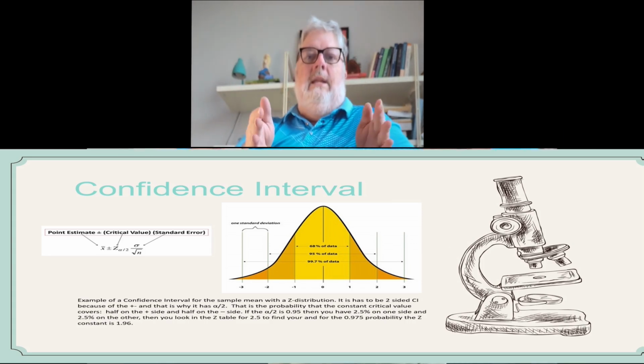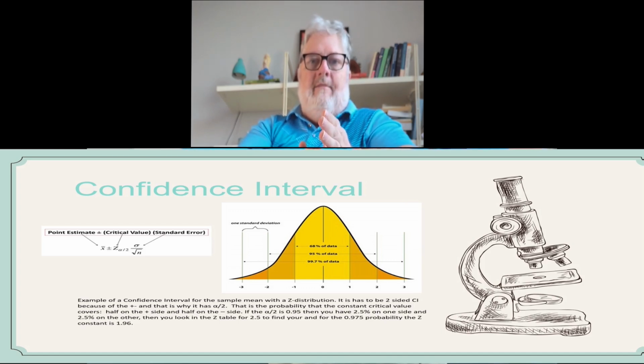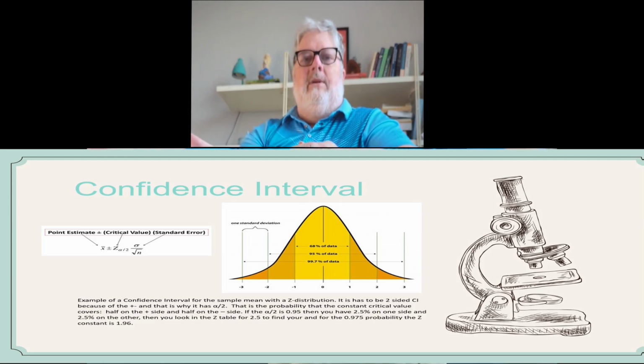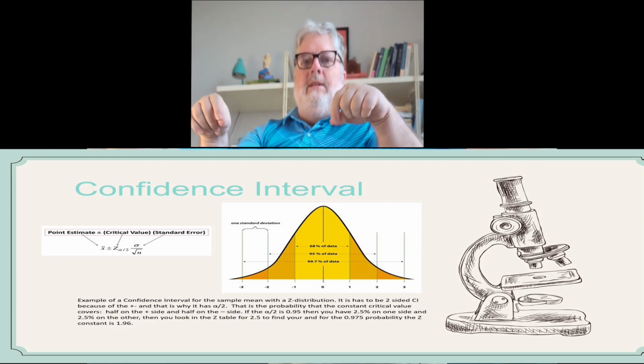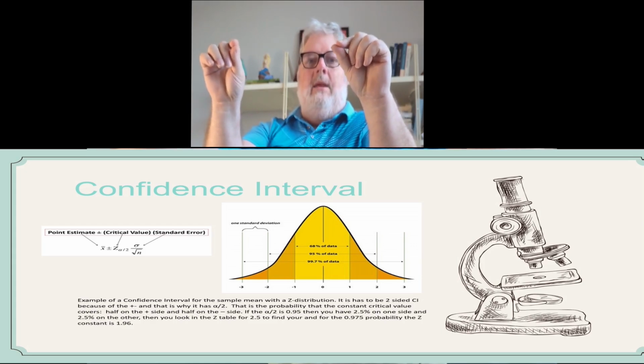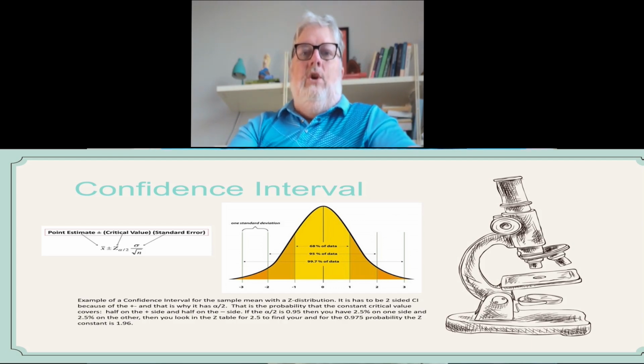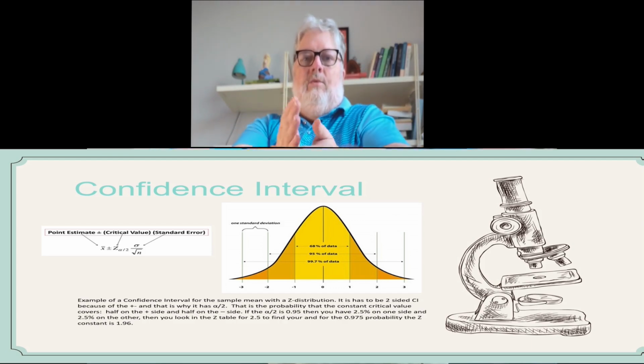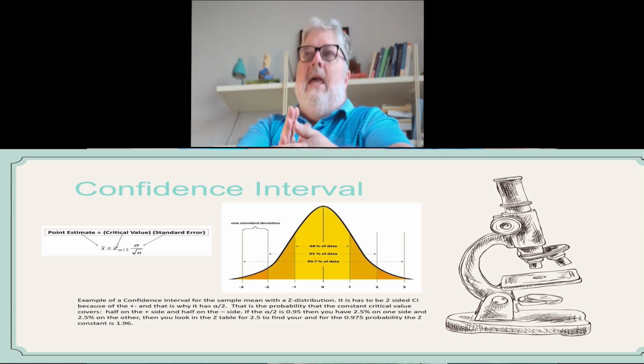If you do a 2-sided confidence interval, then you're going to have 2.5% on one side and 2.5% probability on the other. So you look in the table and you find the actual numbers for that, the actual z values. And so then you get the z values, and you take plus or minus z times